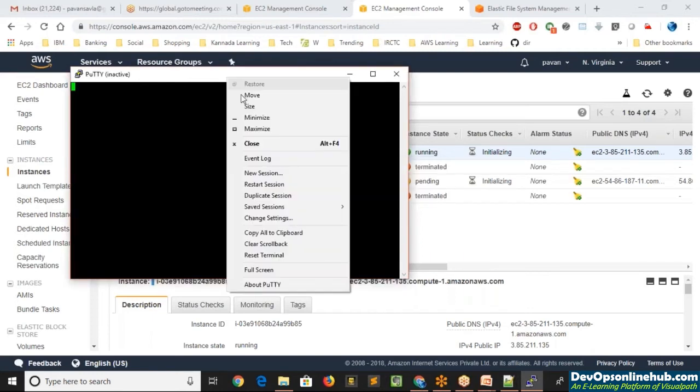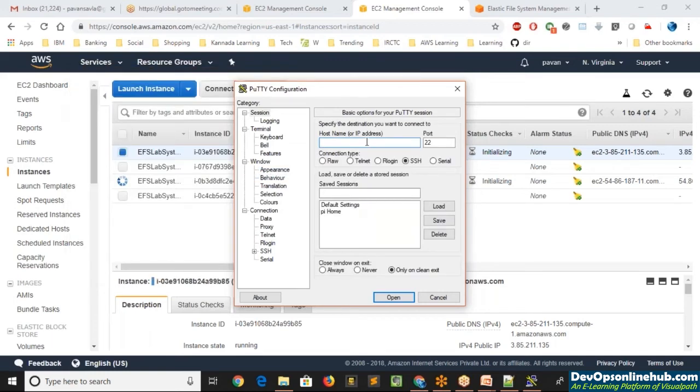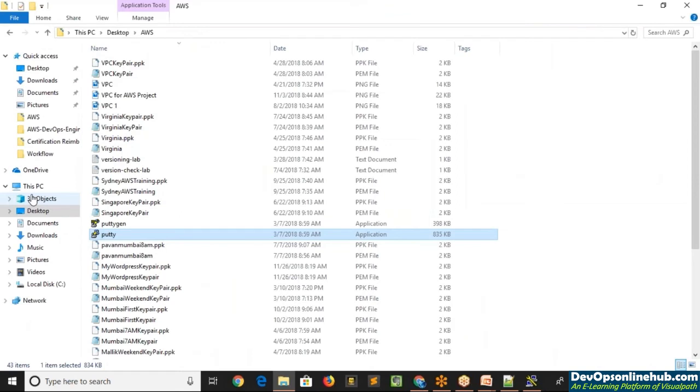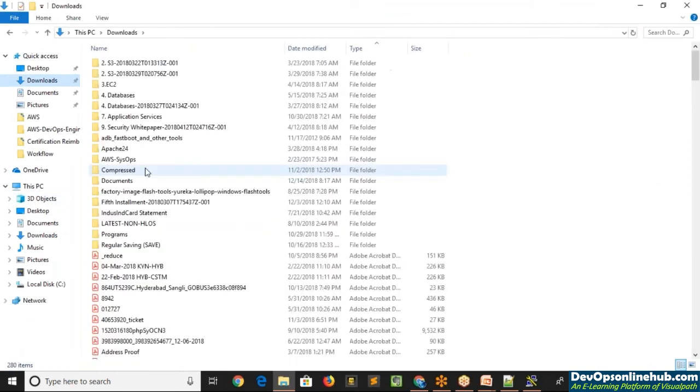First thing is I need to convert the PEM file to PPK. So first let me go to the downloads and get it. Here I have the Virginia December 2018 file. I'll go to desktop AWS.